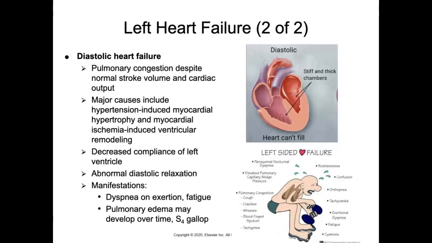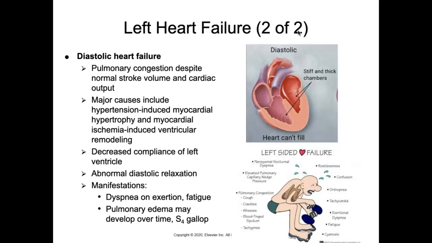Now, the other type of left heart failure is going to be our heart failure with preserved ejection fraction, or diastolic heart failure. And in this, we see pulmonary congestion takes place despite having a normal stroke volume and cardiac output. And the major causes of this will be hypertension-induced myocardial hypertrophy and myocardial ischemia induced ventricular remodeling. So what we mean by that ventricular remodeling